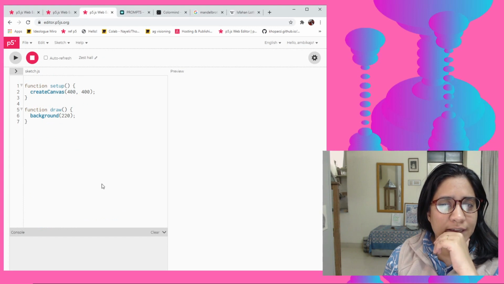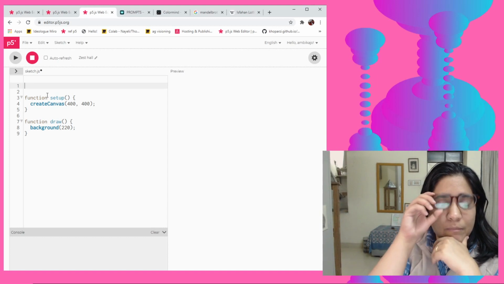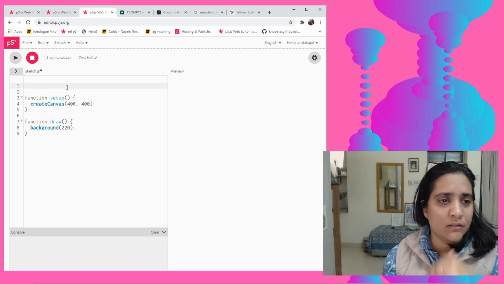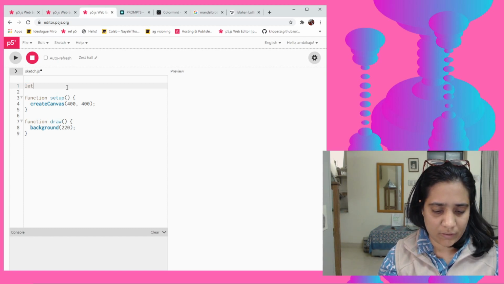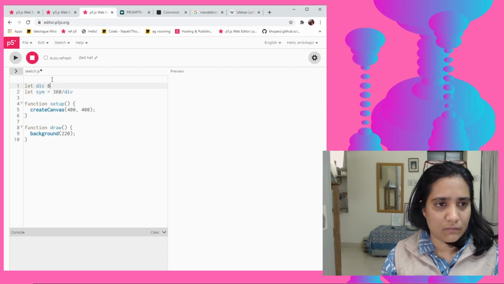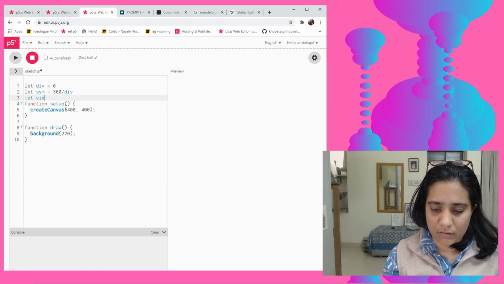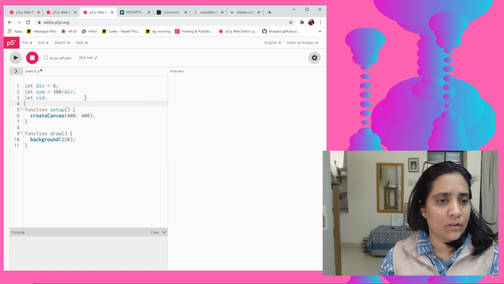So it would be wiser to try it maybe if we had WebGL. So maybe the webcam is like a texture. But for the moment, let's just say if we needed to make a simple one, so we will say our symmetry is 360 by the divisions, and our divisions are 8 or 6 maybe for the moment, right? And then we need a variable for video, right?